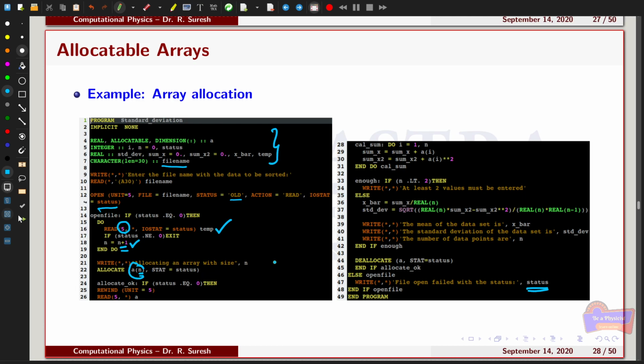Otherwise it will give you a positive integer. So if this is 0, then I check whether the status is 0. If the status is 0, then it rewinds, that means it reads the same data file again from unit 5, and the values are stored in the variable a.